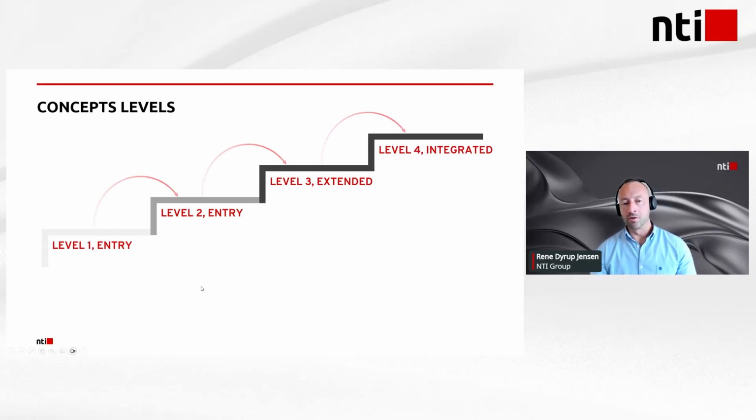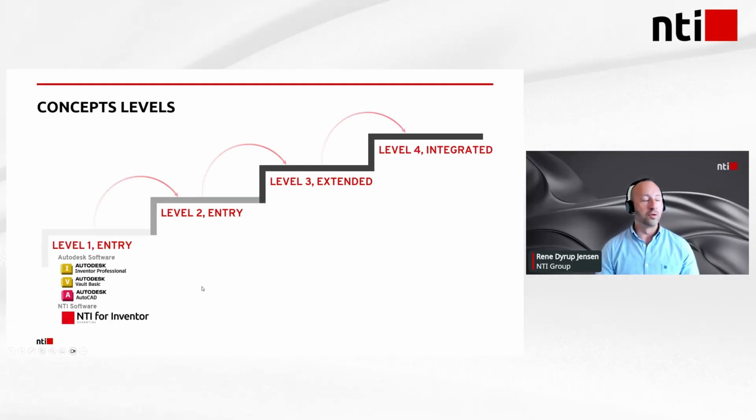So just to showcase this, on the first step, what you could consider the lowest level of a solution, it could be using Inventor in combination with Vault Basic and NTI for Inventor Essential. With that solution, you will have pretty good handling of your properties with our property editor. You will have unique file naming, and you will ensure that the data has quite high quality, and you will also be in control of versions and the different references in your data because you use Vault Basic as your PDM system.